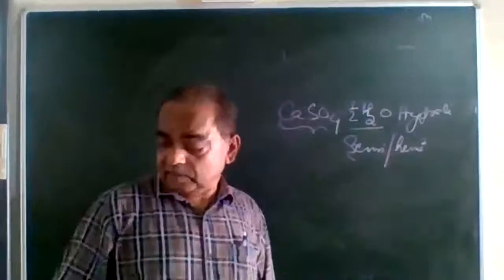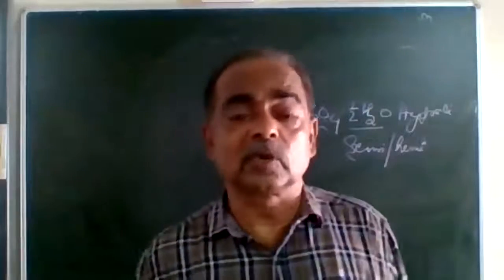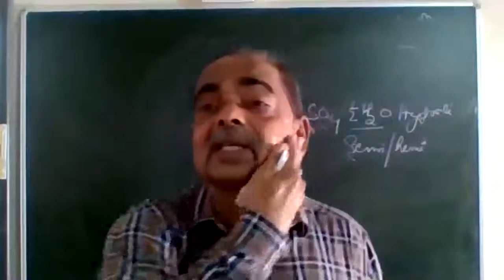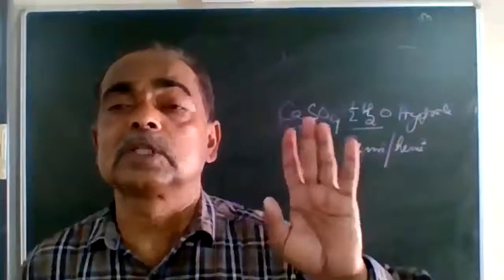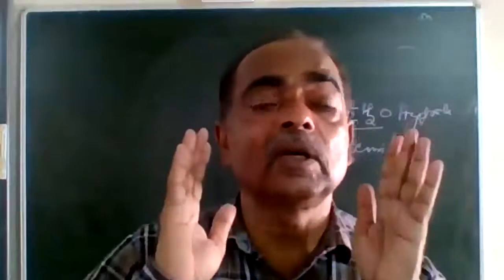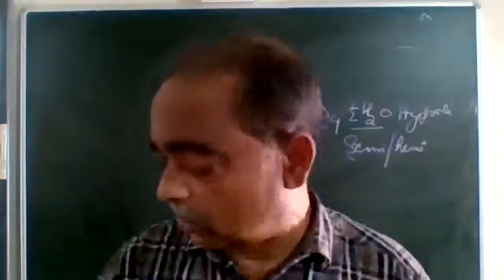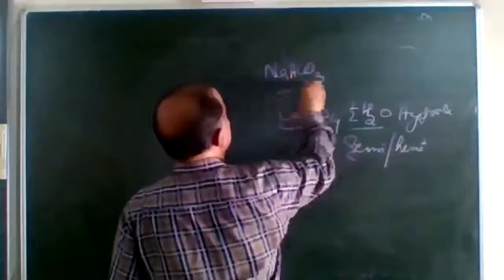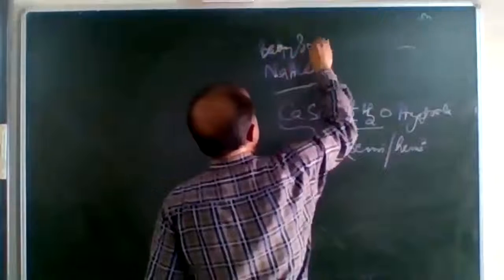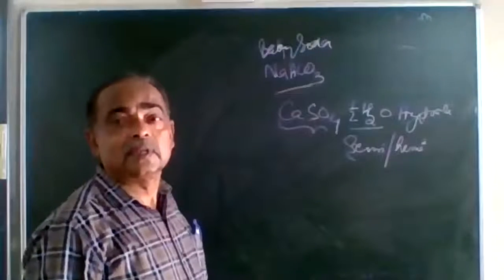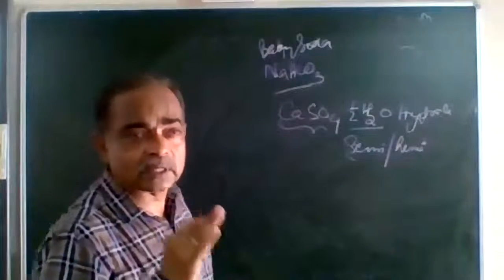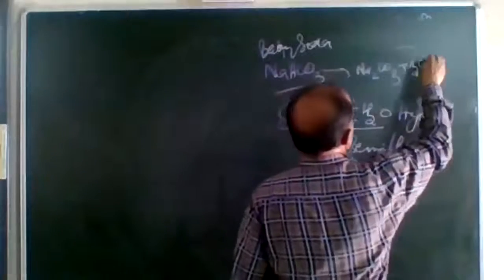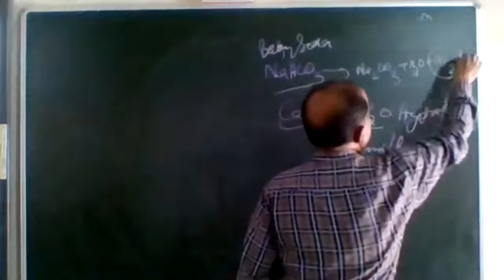This is a question. Yesterday we studied baking soda and baking powder. So what is the function of tartaric acid in baking powder? It was told yesterday. Baking powder contains sodium hydrogen carbonate, that is the chemical name of baking soda. On heating, when it is baked, it decomposes and we get sodium carbonate plus H2O plus carbon dioxide. Carbon dioxide gas makes the cake rise.